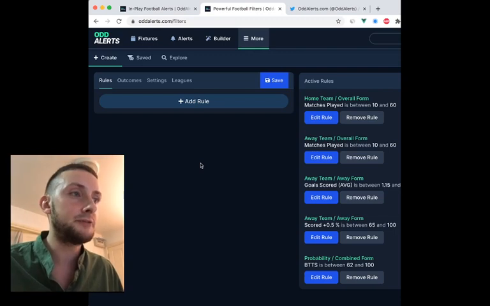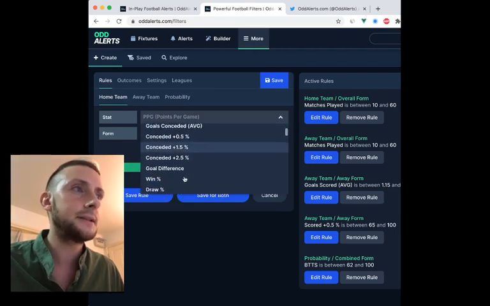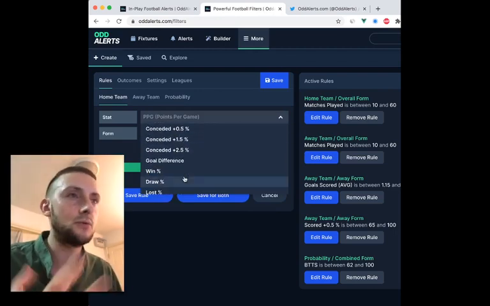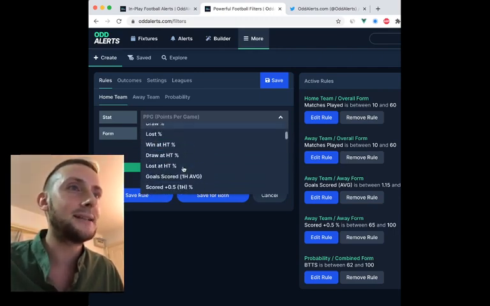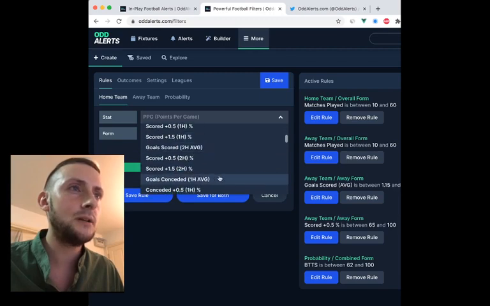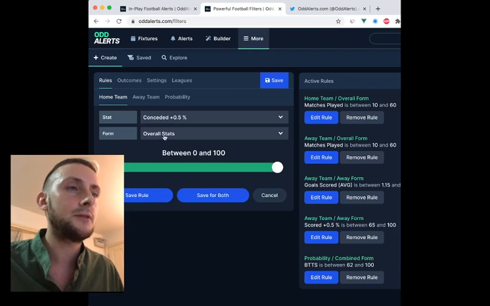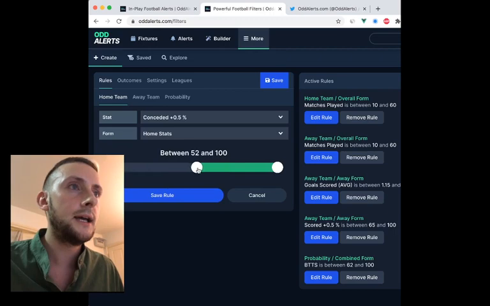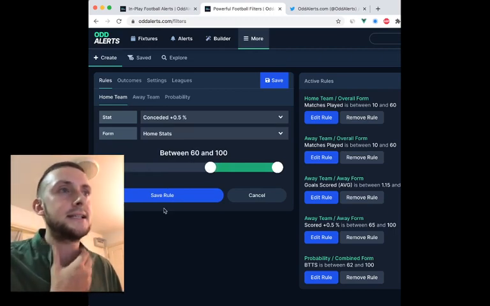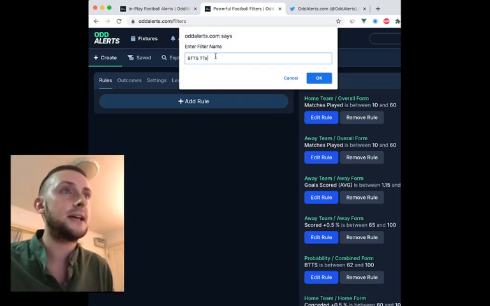So we've got an away team so far that has scored in 65% or more of their away games. We've got a probability rating of 62. For the home team, let's add a rule. And I said I favour the away team, so that means we want a home team that isn't the worst team in the world, but they can concede. So let's look at the goals conceded. Here we go. So goals conceded overall. Now let's go home. Let's say they've conceded in 60% of games. And I'm just going to save that as BTTS test